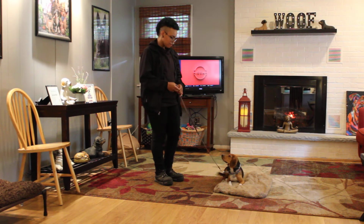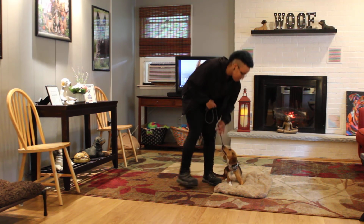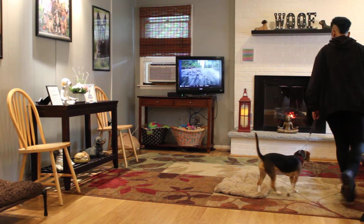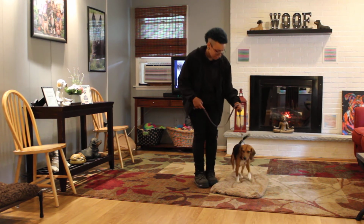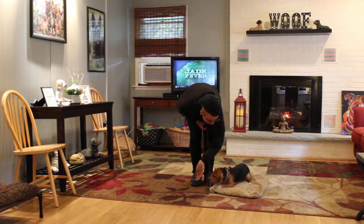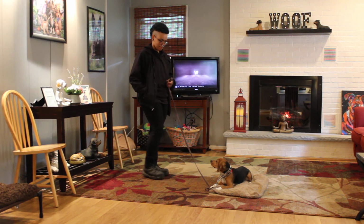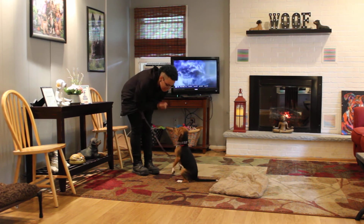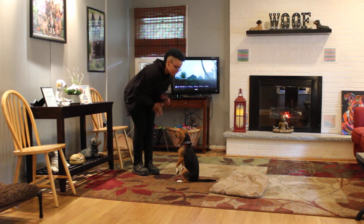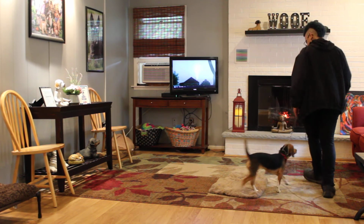Now with this command, as with the sit command, you can return back to her, or you can call her. Sarah returned back to her, praised her, and they heel around the mat again. Back to place, back to sit, down, stay. And you can also call her out of this. Good, that was very good. She loves to put those front feet on your hand, but she has done a really good job,